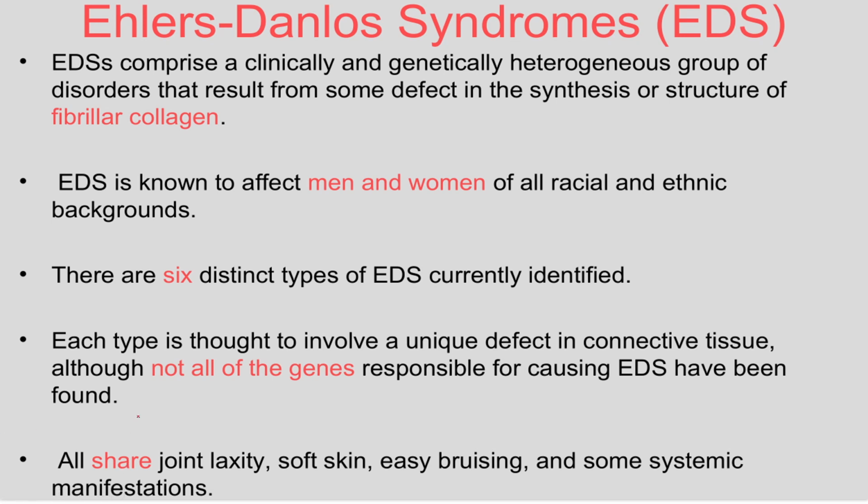But the problem is not only skin, the joints also suffer. It means you will often see friends who can do this. They will simply hyperextend the thumb and stretch it here. I'm not saying they have Ehlers-Danlos syndrome, they have hyperlaxity of joint, especially this first carpometacarpal joint, the thumb joint. It can happen to anybody, especially if you practice for long. You know the full splits that yoga people do, that is also hyperlaxity of joint, but they practice and practice.